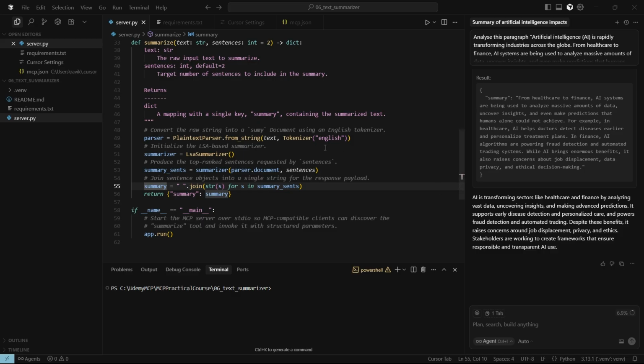So again, we have understood how to utilize different Python libraries and achieve one of the use case for summarizing the paragraphs into important sentences, and how we have executed it using the prompt by passing the paragraph to it